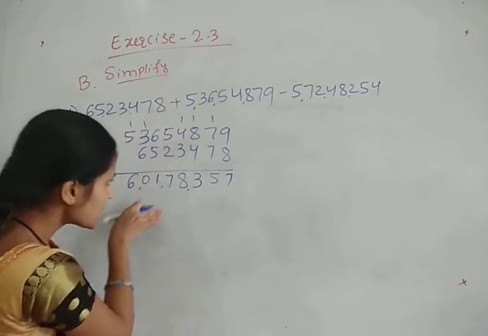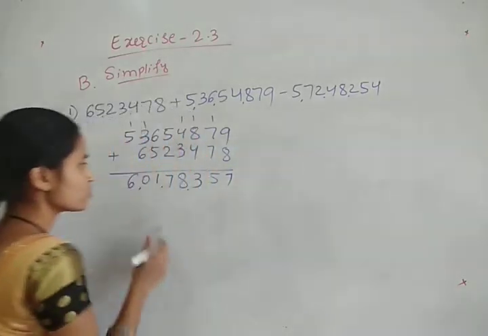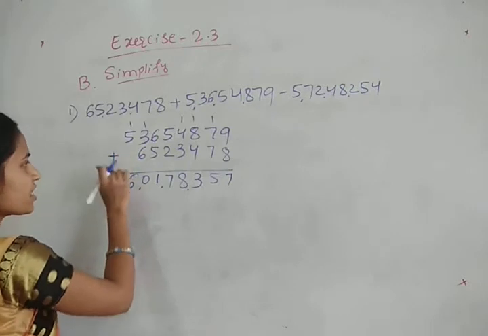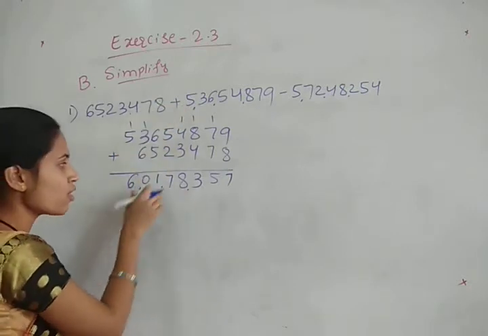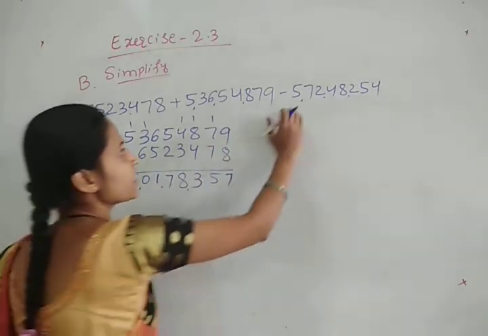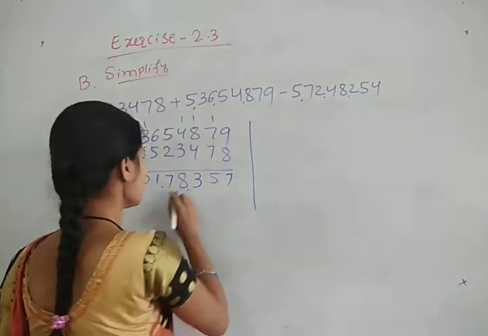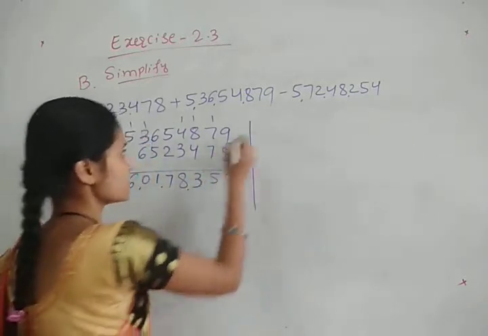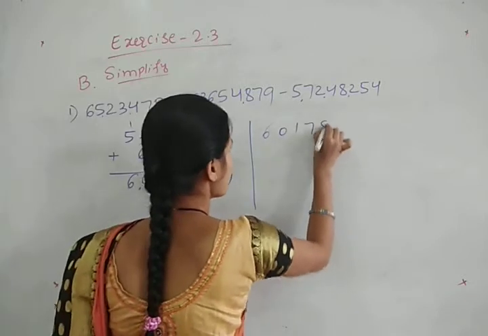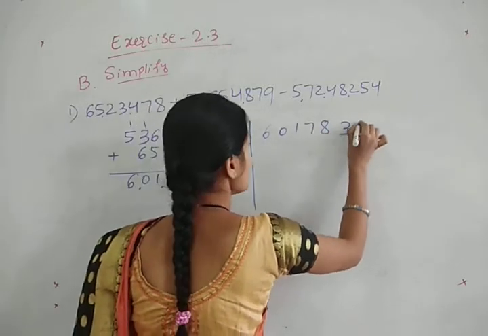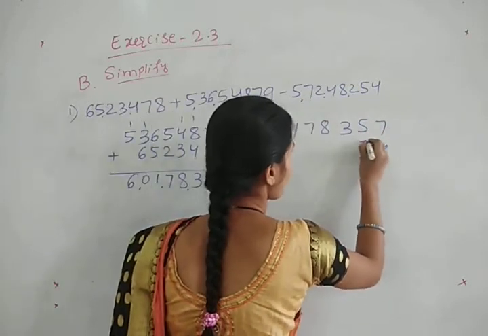From this sum, now I should subtract this number. This comes under the first step, the addition of these two numbers, and we have got the sum. Now from this sum, I will subtract this number. I will do that on this side. Write this number as it is, 60178357. From this I will subtract this number, 4, 5,